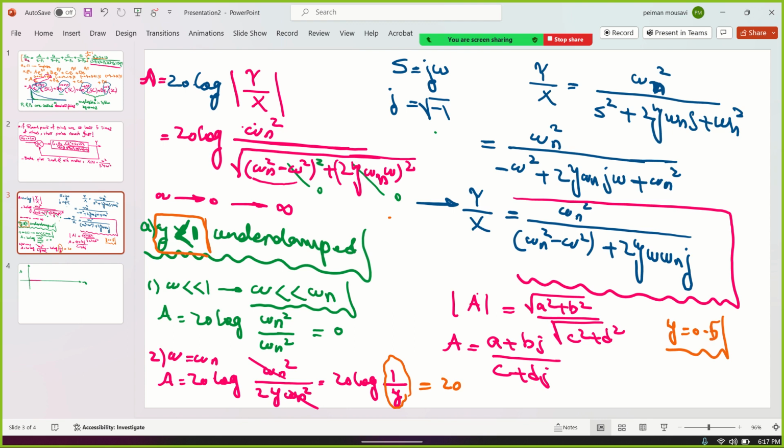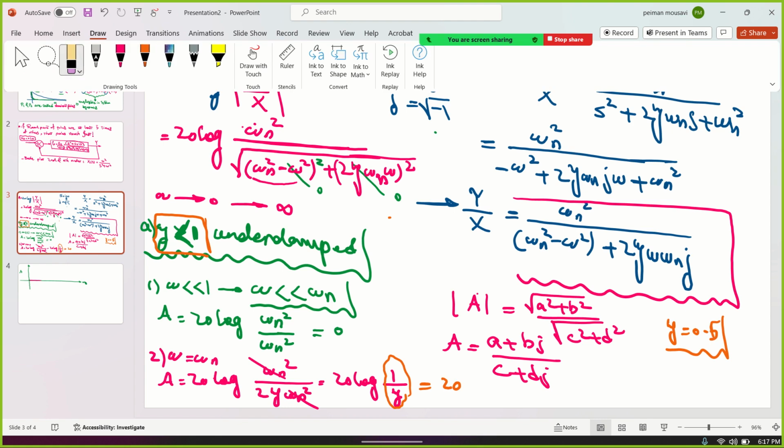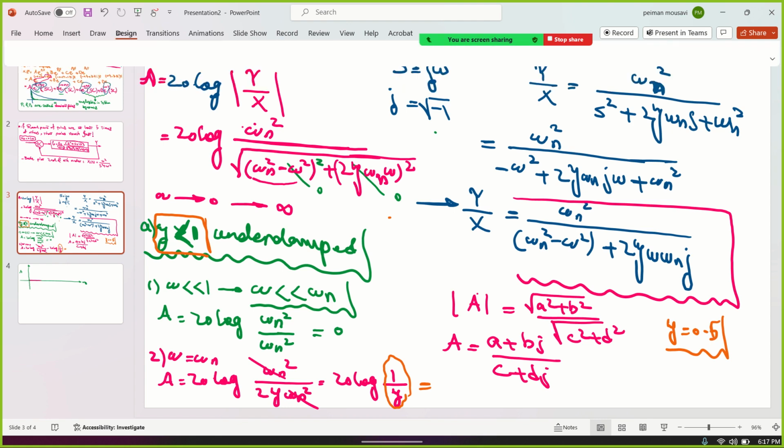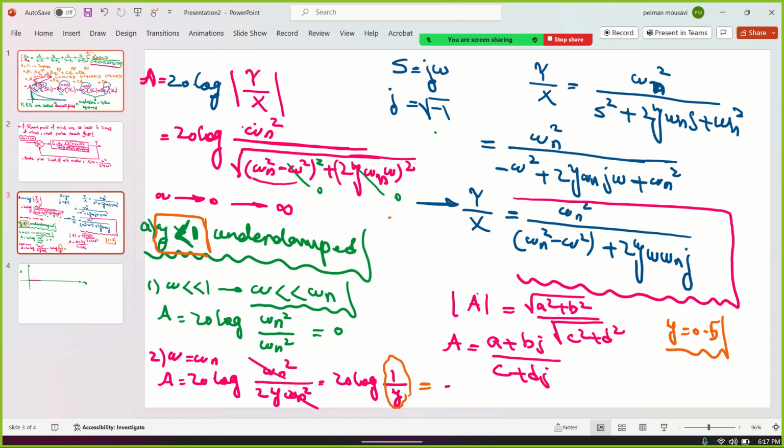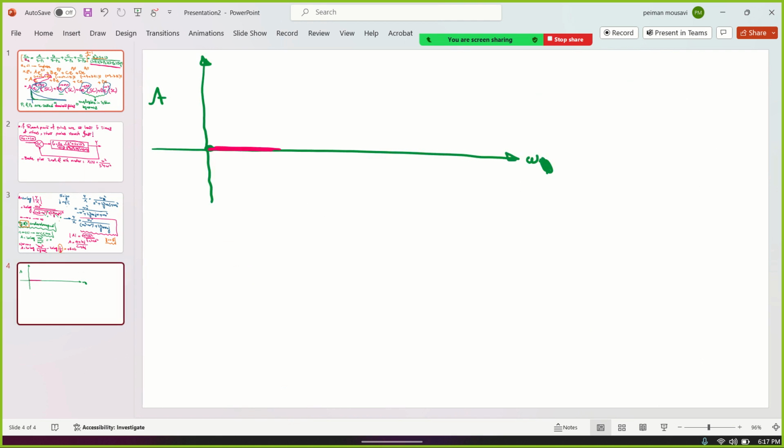Log of 2, multiplied by 20, gonna be plus 6.02. Interesting, at the resonance frequency, when the natural frequency becomes equal to the excitation frequency,